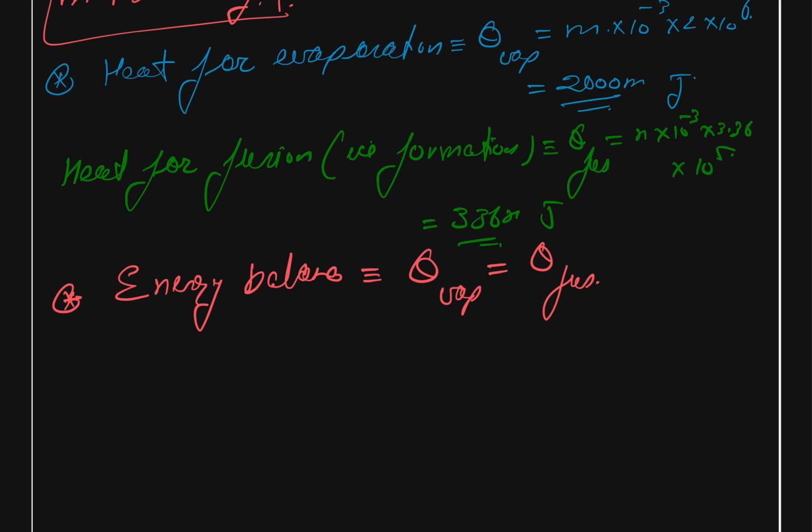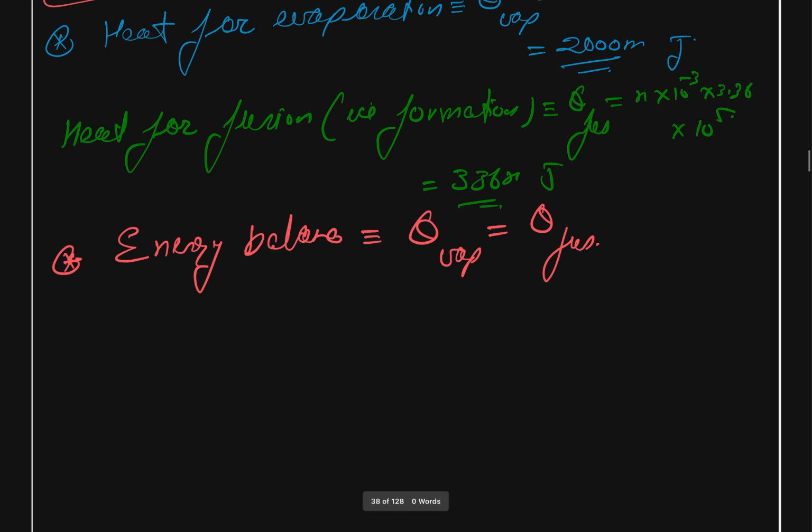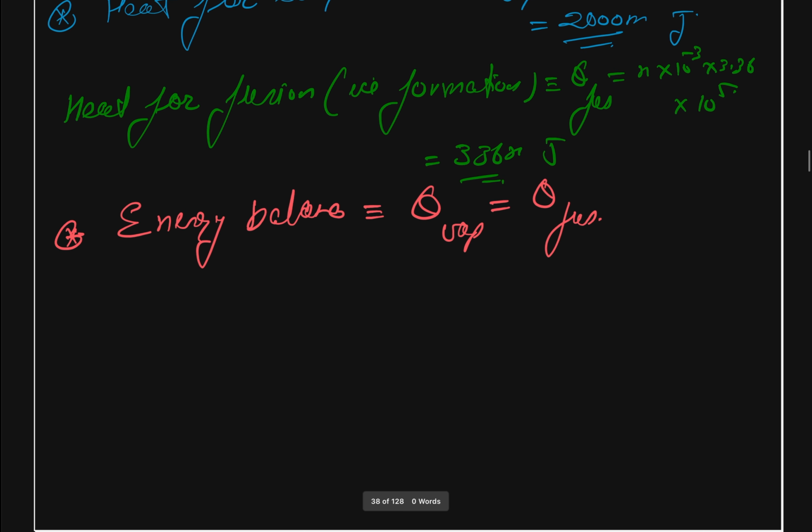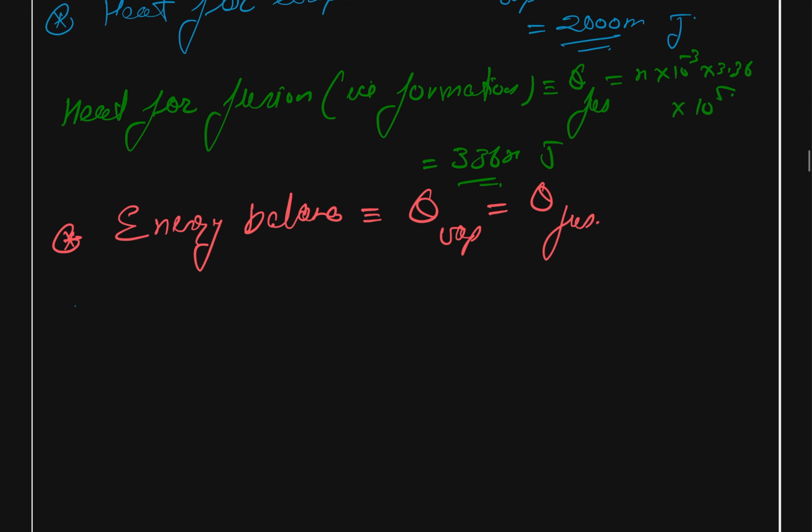So vaporization should be equal to our fusion heat. Therefore we can write that 2000 m will be equal to 336 times x,